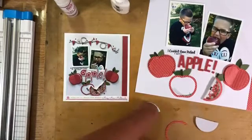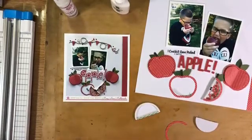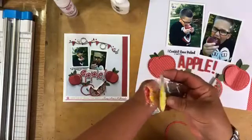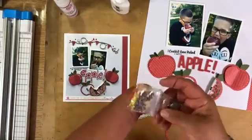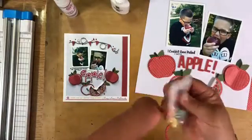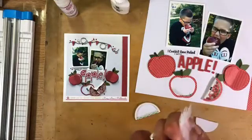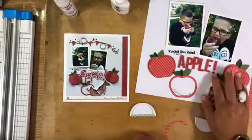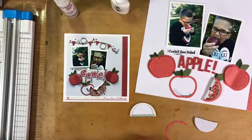So in your fruit basket kit that you would receive, you will get a bunch of goodies like strawberries and grapefruits and limes and watermelon. And I keep mine all stapled together when I separate a kit, and I don't have any apples. So I am going to use apples from the